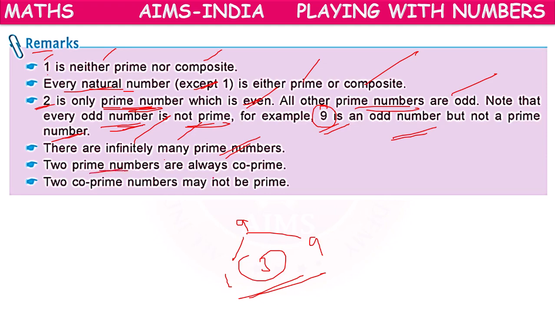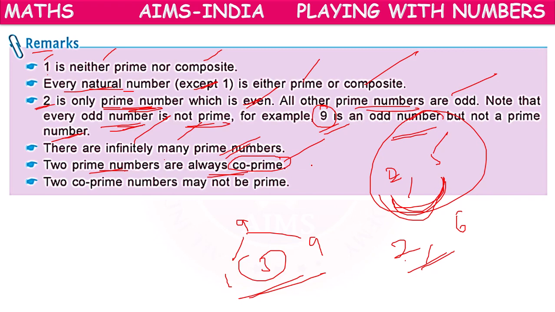Prime numbers are always co-prime. If they ask us to examine whether two prime numbers are co-primes or not, if they are prime numbers, definitely they will be co-prime. If one is a prime number while another is a normal number, then we have to check whether they are co-prime or not. But if they give 2 prime numbers, compulsorily they will be co-prime. Co-prime numbers may not be prime; the 2 numbers may not be prime.